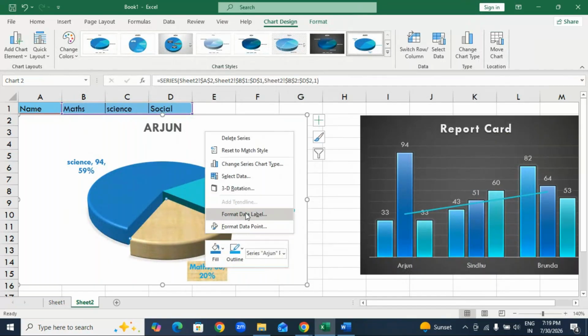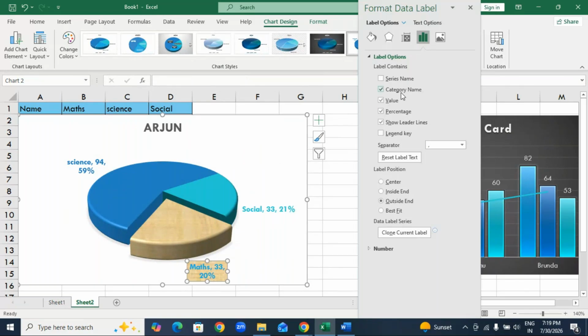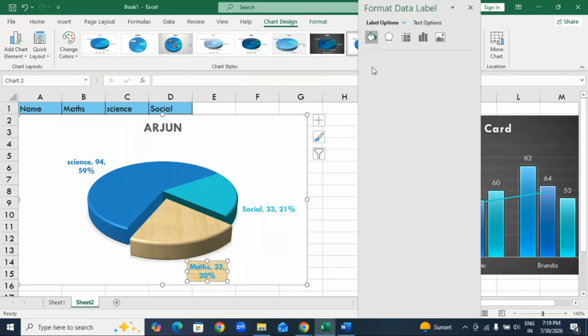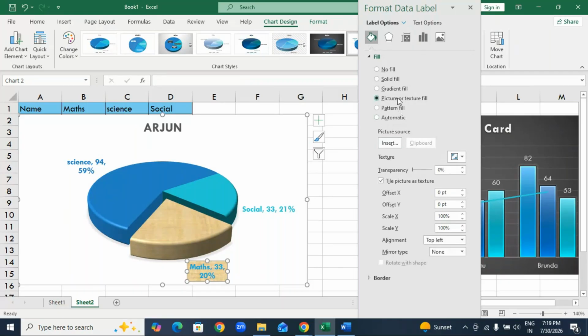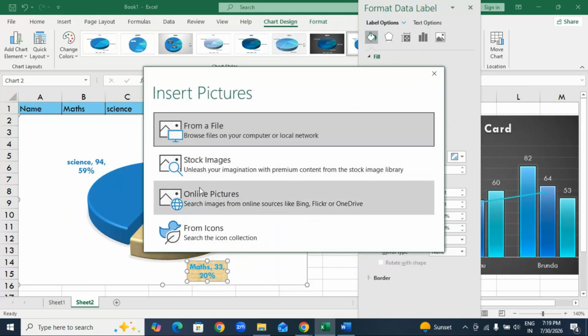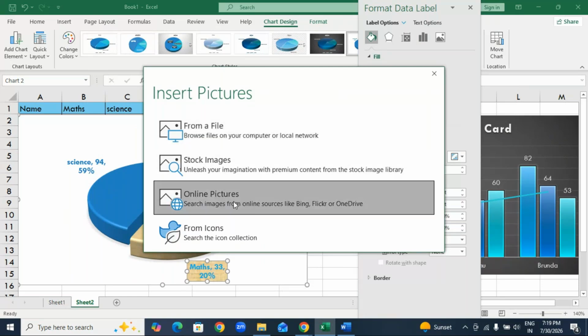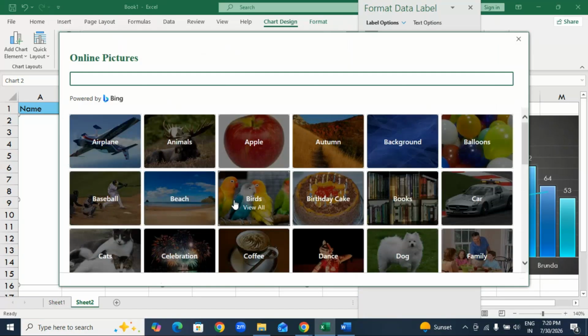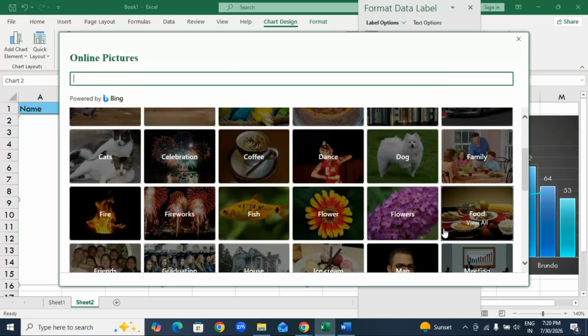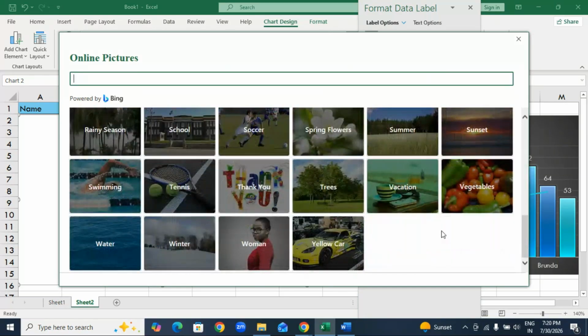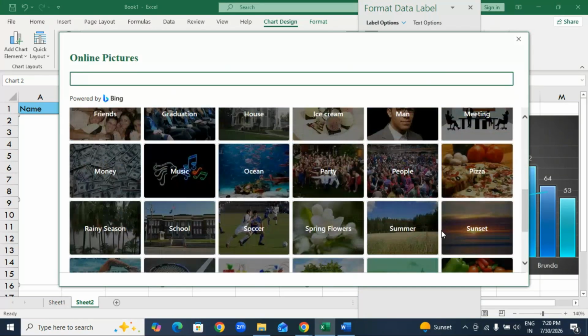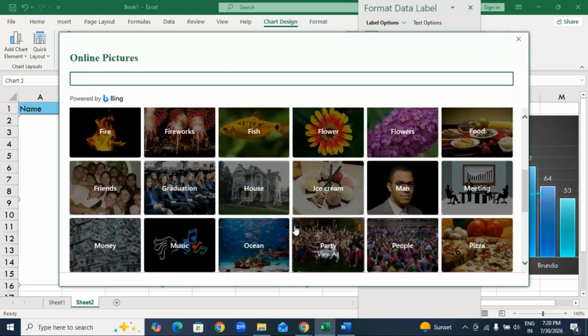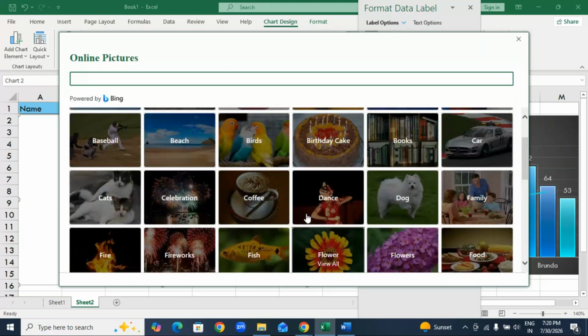Select any one of the products or any information we can select. Right click on that, format data label, fill color, picture, insert. If I have it in our system, we can select from file, stock images, online pictures. If you want, we can select online pictures also. Some information is there, we can select. All these are the information. Whichever one you want, we can select the options also, or else select meeting details, or else any